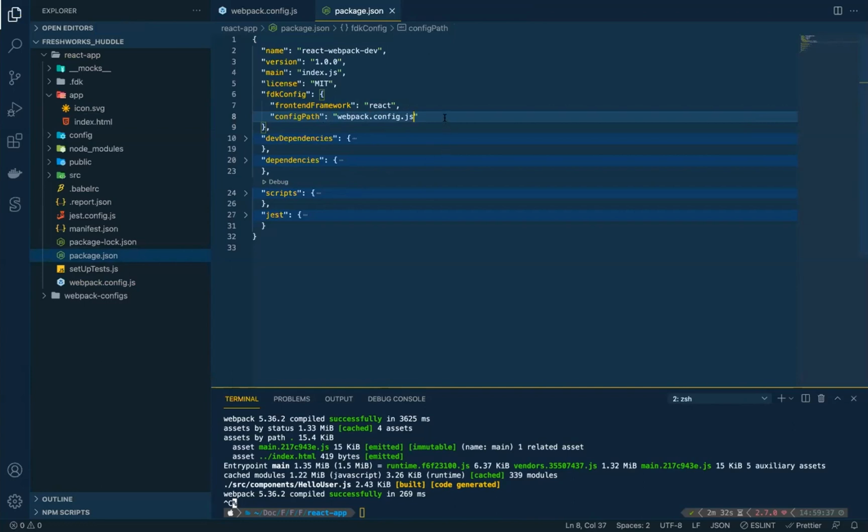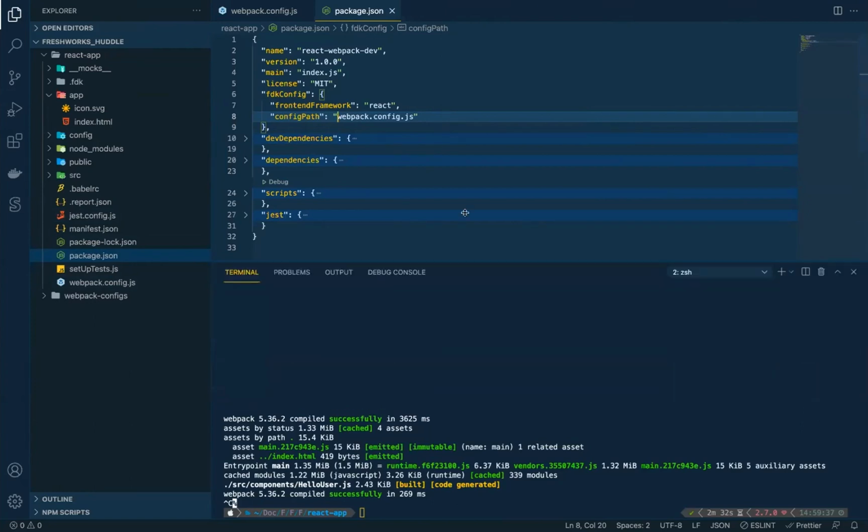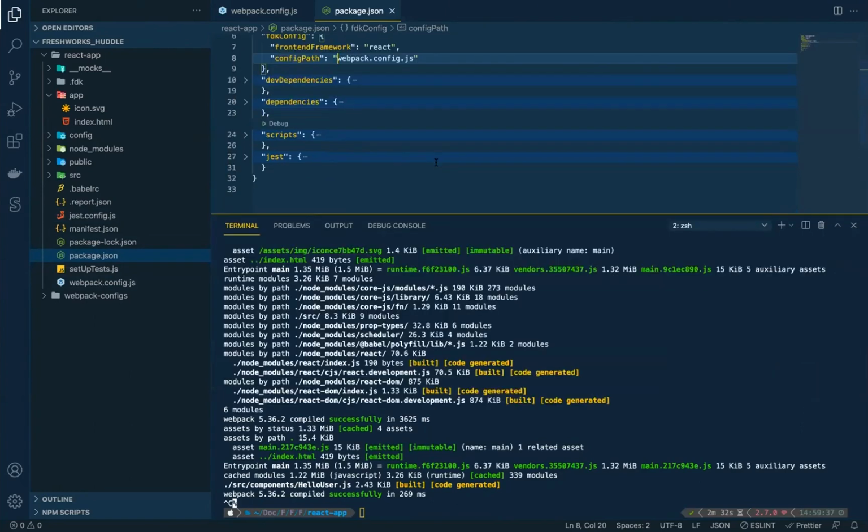Again, I have to reiterate here, this is not the file. This is not just the file name. This is the path. So for example, instead of placing webpack config in the root folder, if you have placed it in a folder called webpack, so this should be the config path value, right? Since it is in the root folder, I am just giving webpack.config.js, right? So I gave the path.